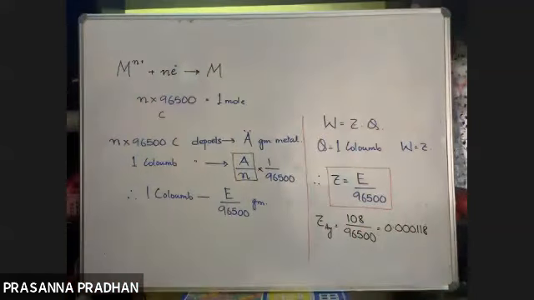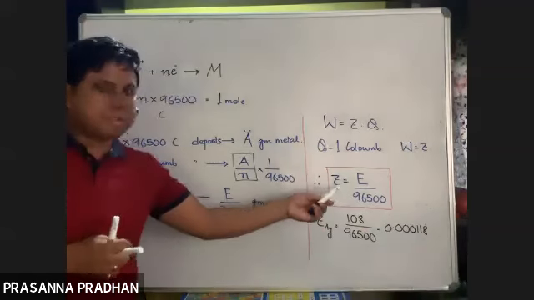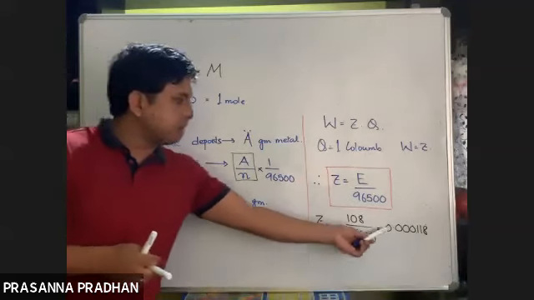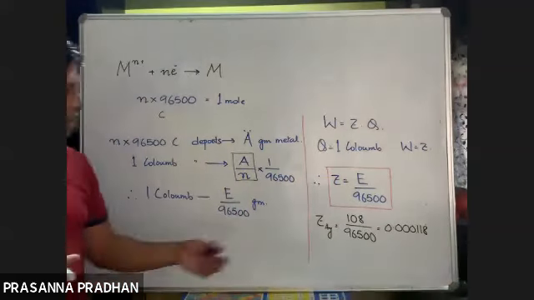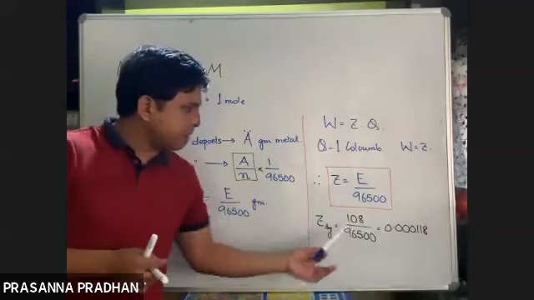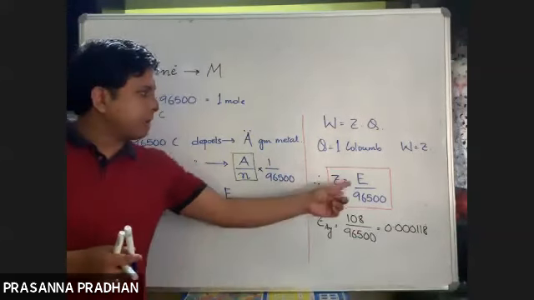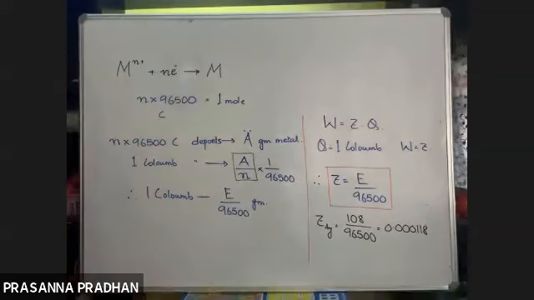So by using this relationship, if you know the equivalent weight, we can calculate the electrochemical equivalent of all the metals. The electrochemical equivalent of silver, approximately, I have not calculated, I think it should come out to be this. And how do we calculate the equivalent weight? Simple, atomic mass divided by valency will give us the equivalent mass. So this is all about Faraday's first law of electrolysis.